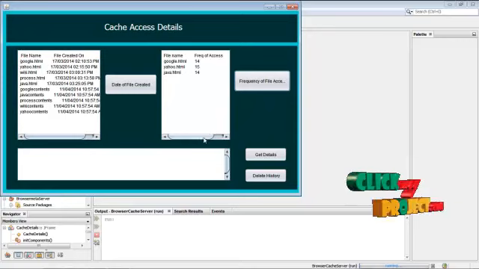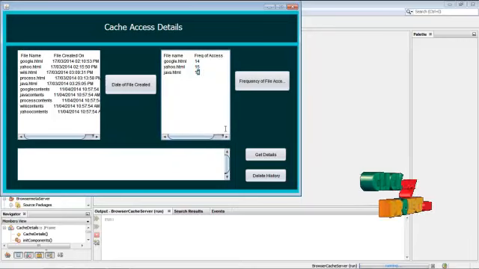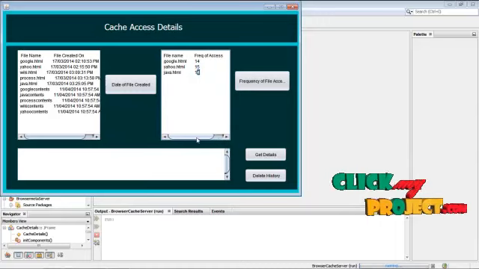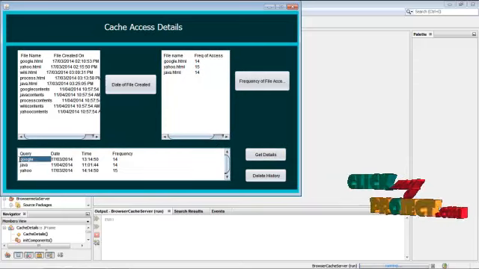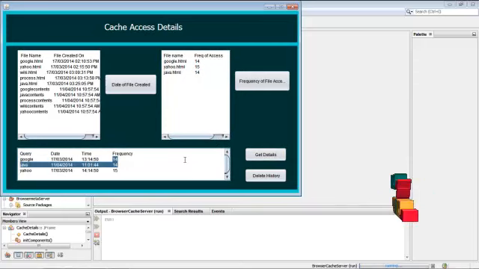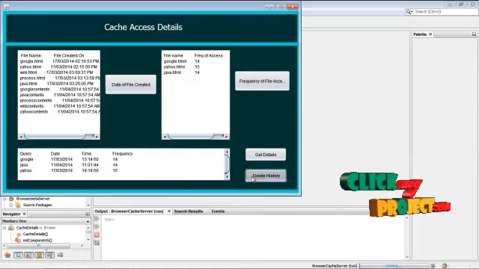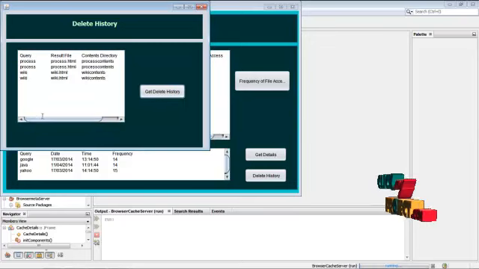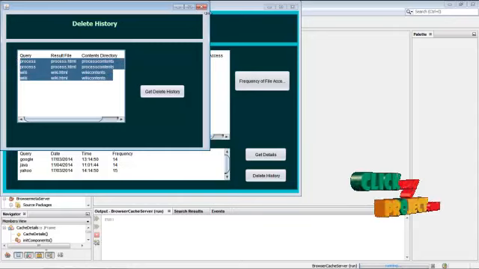Then the frequency of access, which keyword is accessed how frequently. According to it, we delete the unwanted cache files from the cache server. For each file, each query, the date and time and frequency of access are shown. If the frequency of access is low, we can delete it from the cache. Deleted history: the keywords which are already deleted from the cache server are given here.